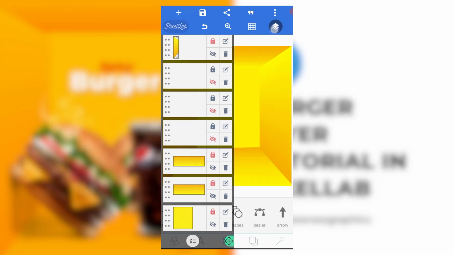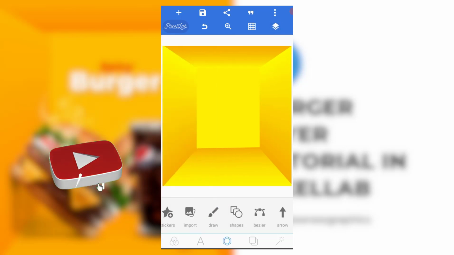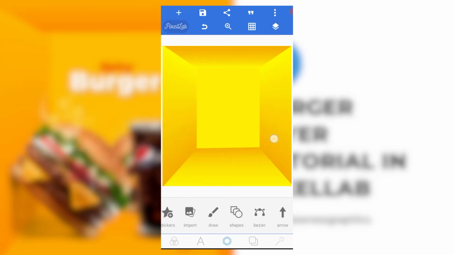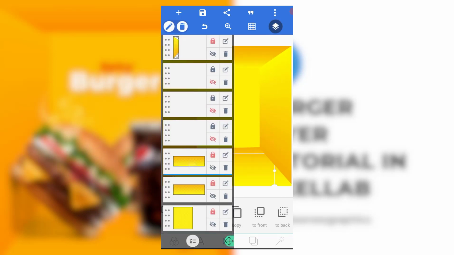You can see the box is not appearing to be straight. So should we just come here and work on this? Probably you have to do that yourself, because I'm actually tired of